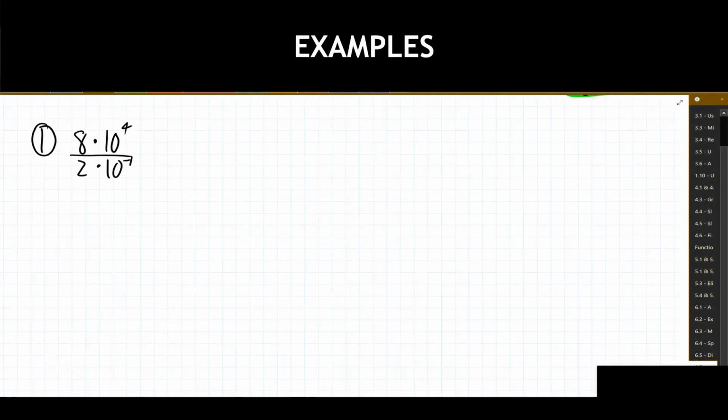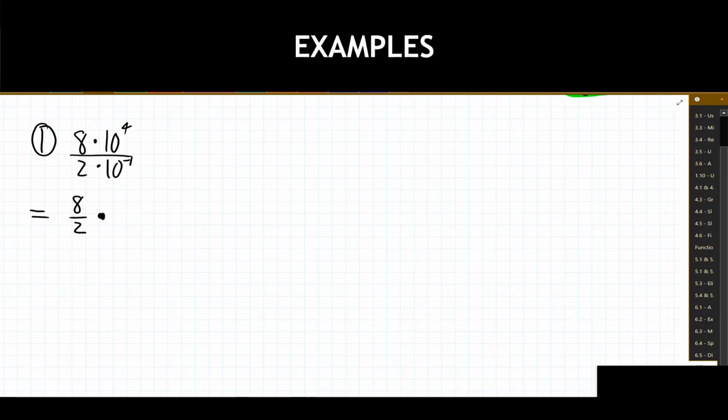Looking at our first example, we have the scientific number 8 times 10 to the 4th power divided by 2 times 10 to the negative 1st power. So as we had with our process and our notes that we wrote down, we have two scientific numbers that are dividing together here. So my recommendation is let's split this thing apart and do it in parts. I'm going to divide the numbers in front together. I'm going to write that out for myself, 8 over 2. And then I'm going to work with the powers of 10 dividing together.